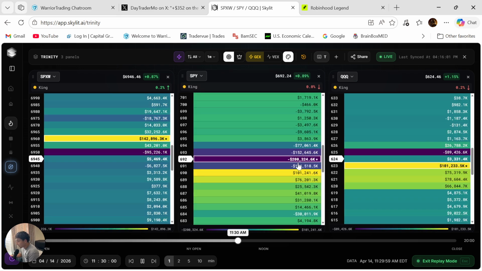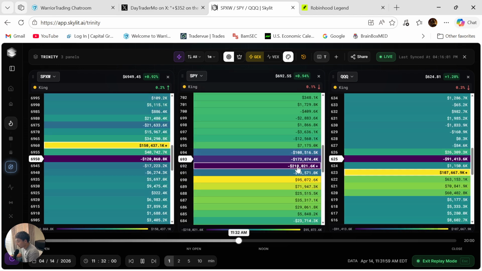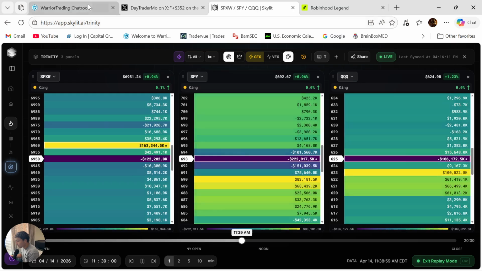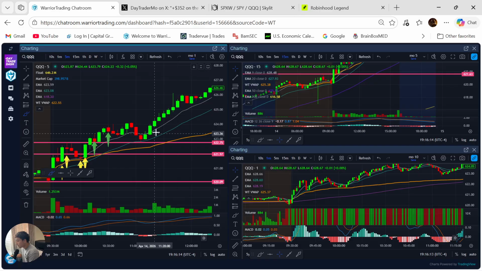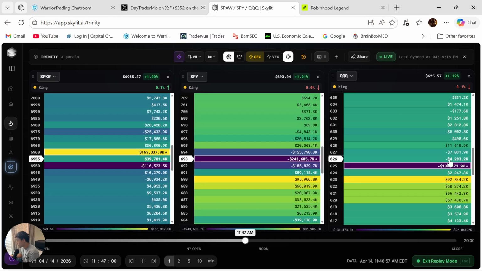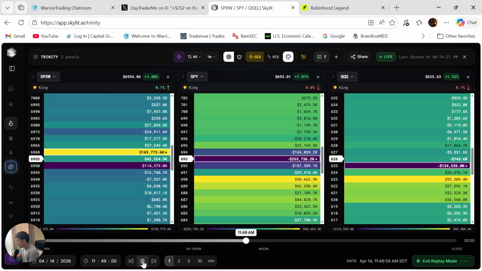If I'm seeing these negative gammas and barnacle nodes, that's something not to fade, something to pay attention to, and we'll likely be squeezing. So at 11:30, right here, this is when we started squeezing up all the way from 623 to 626, and that's what happened. Here at 625, the order kept building up. Hopefully that made sense.